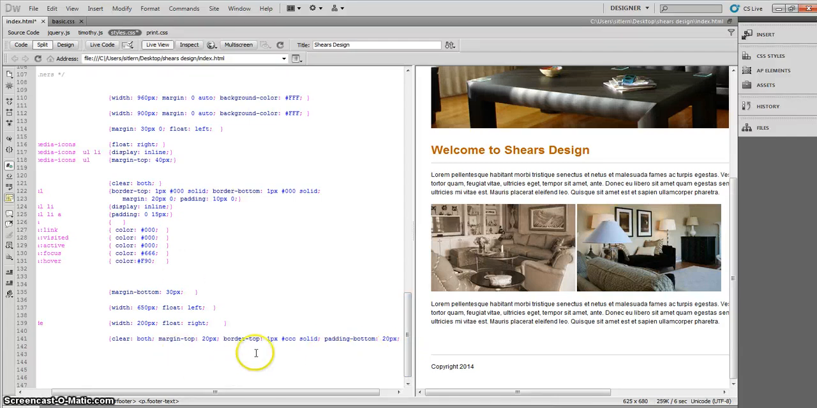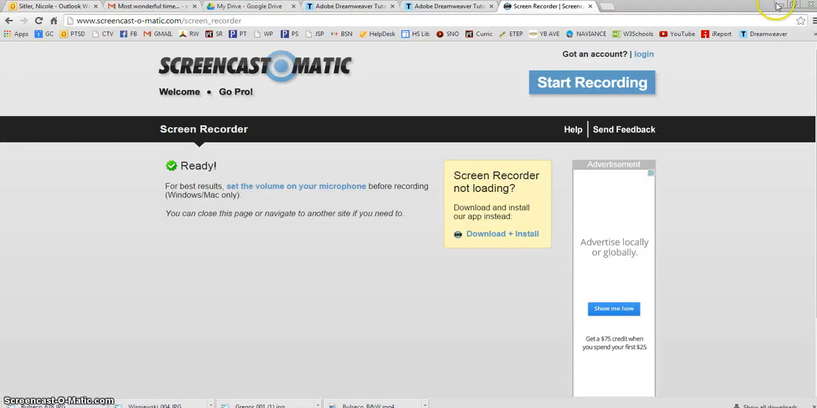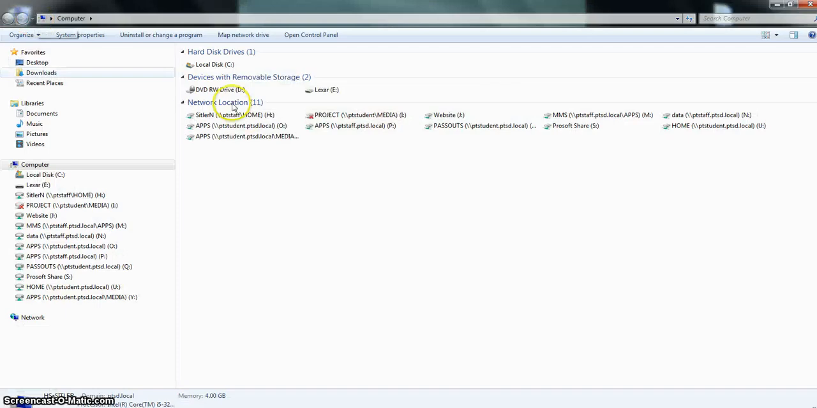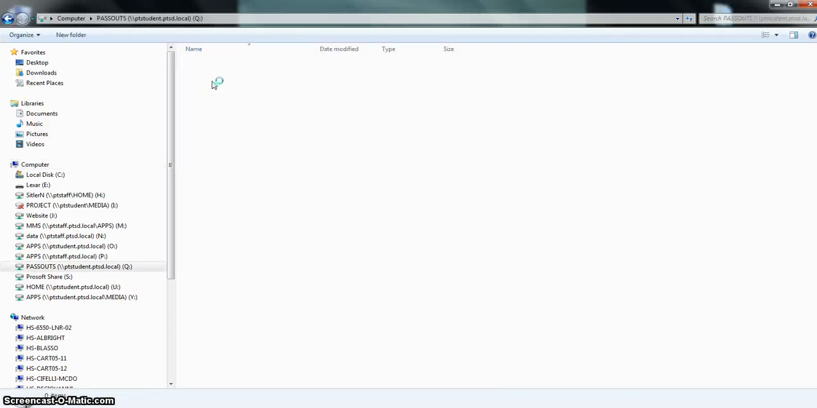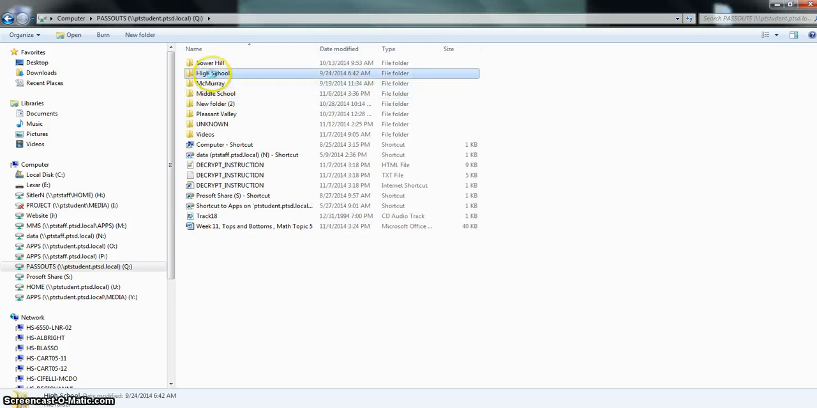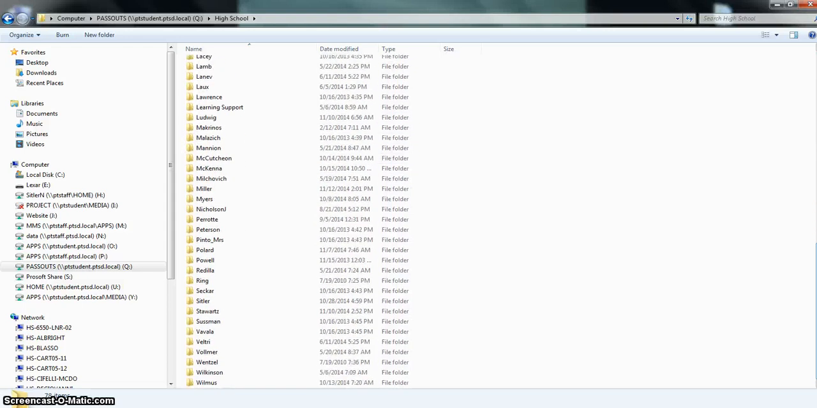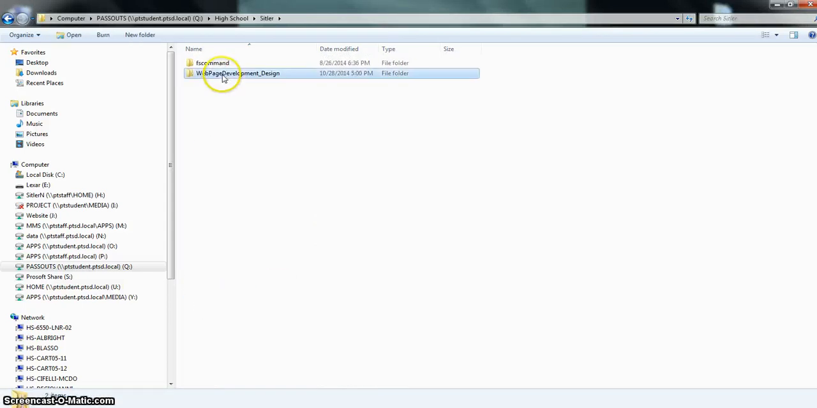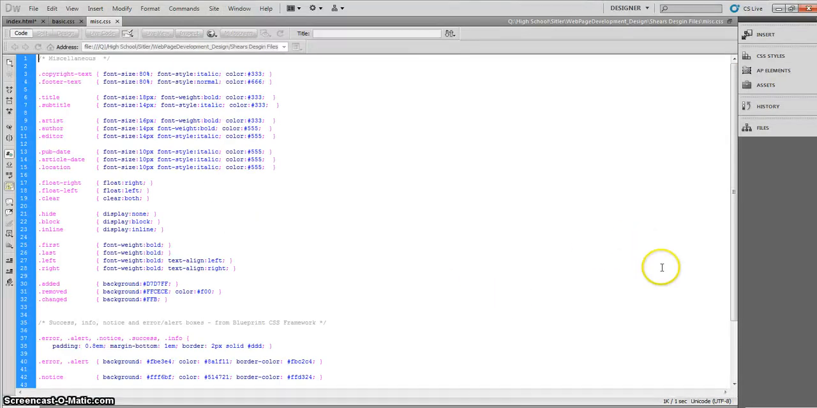Now the last thing that we're going to do today, which is a little out of order on your worksheet, but I need you to go to the computer file, and I want you to find my passouts file. So you'll go to, I apologize that my computer is running a little slow, high school, and then you'll go to my passouts. We're at Sittler and this web page development and design, Shears design files, and then you're going to go into this miscellaneous style sheet. And what you'll simply do